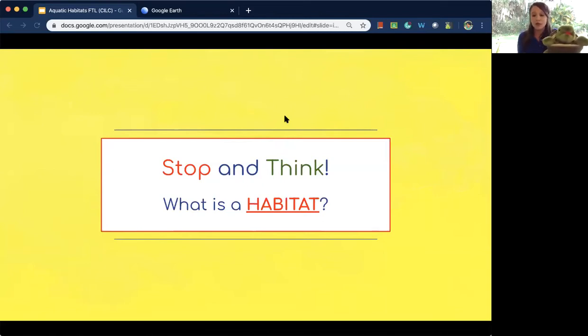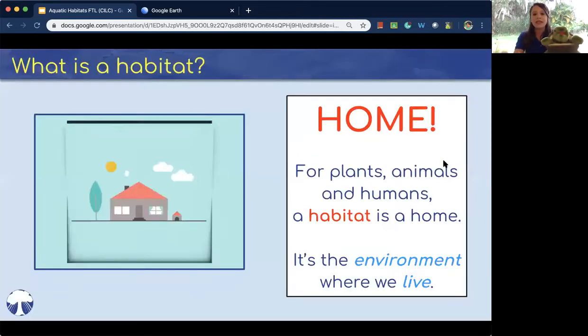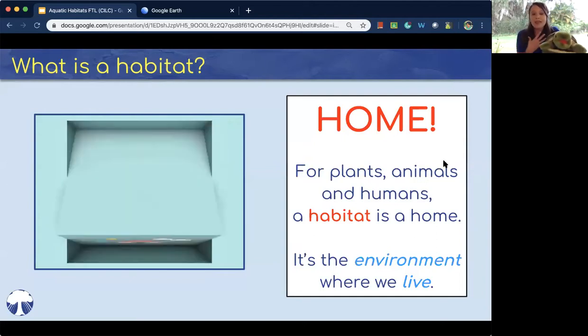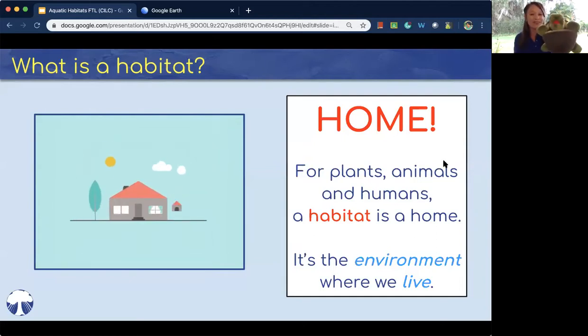Matthew in Atlanta says where you live. Good. Thank you guys for participating. This is so awesome to see all of your names coming up here. Hannah Englund says a habitat is a place that you live. Okay, you guys got it. Easy. Perfect. So it's your home, just like you said, for plants and animals and humans. And it's the environment where you live. So I live in a home, but Tahoe has a different style of home.